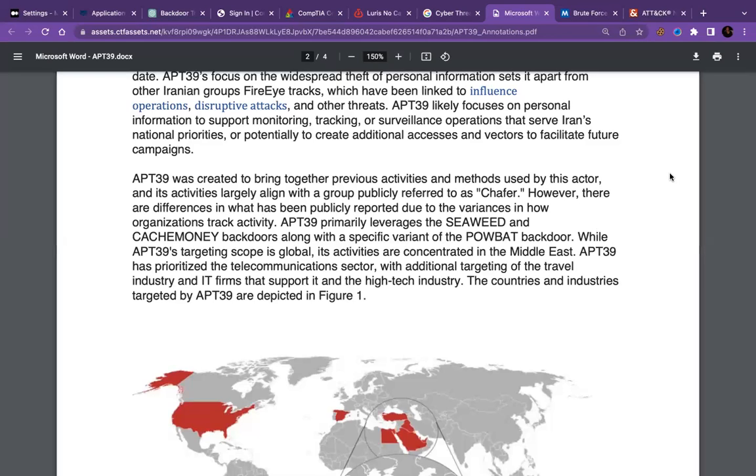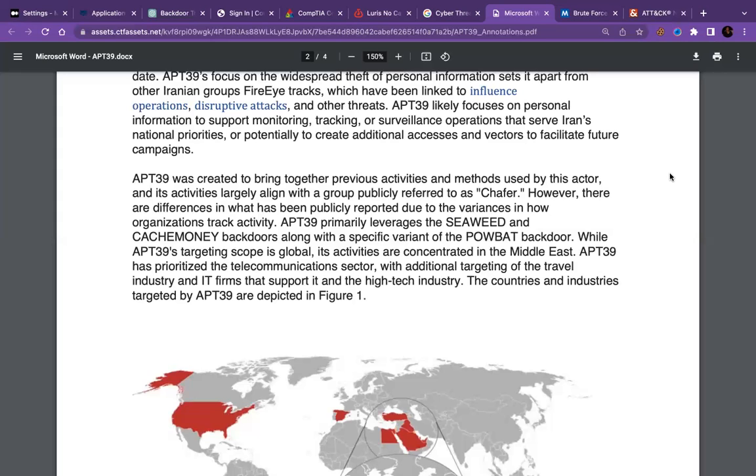While APT39's targeting scope is global, its activities are concentrated in the Middle East. APT39 has prioritized the telecommunications sector, with additional targeting of the travel industry and IT firms that support it, and the high-tech industry. The countries and industries targeted by APT39 are